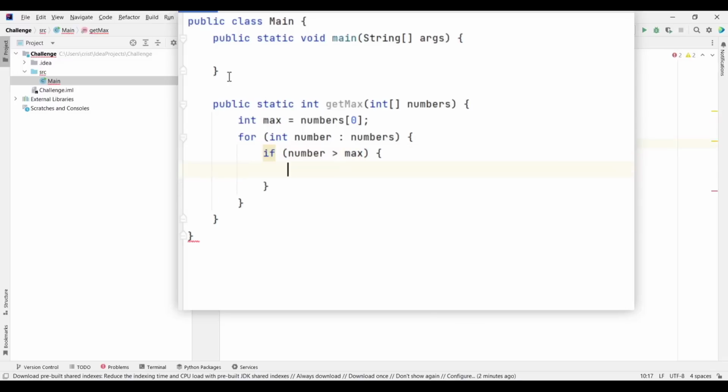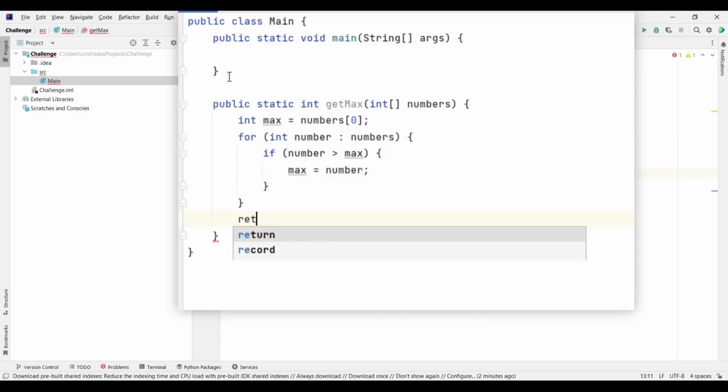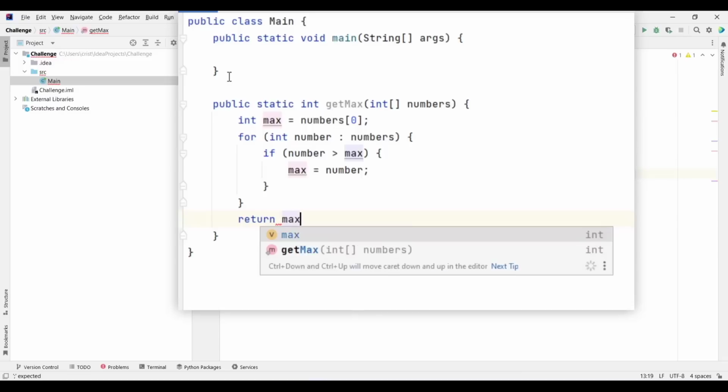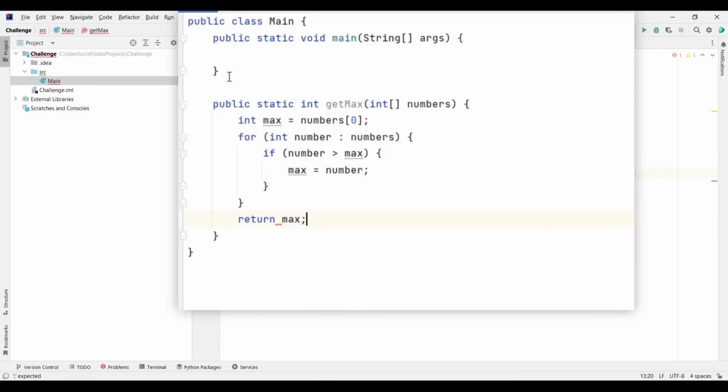We need to put this number in our max variable. So I'm going to put max equals number, semicolon. And outside of the for loop, we're going to return this number. So we're going to type return max, semicolon.